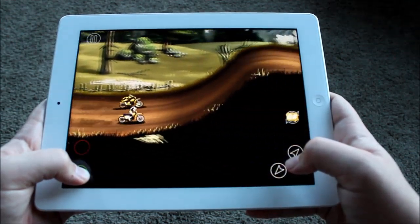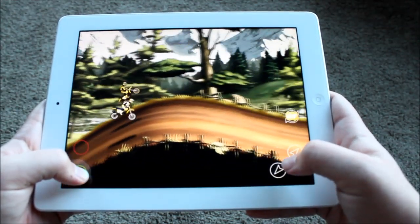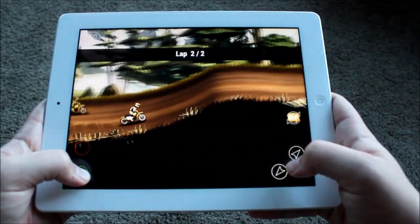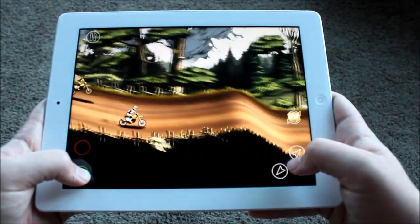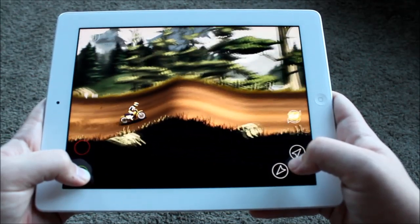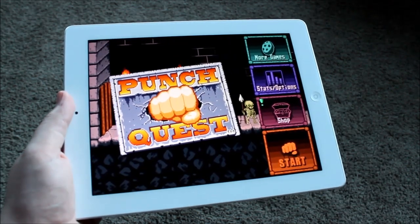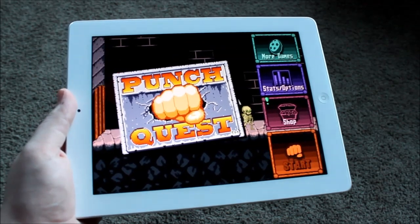That's the simple concept of this game, and it again is a very, very popular game available on the App Store, completely free. There are some in-app purchases though, so that's the way things go. Mad Skills Motocross 2. The fourth free game of the week is Punch Quest, which is personally, again, probably my second favorite out of the whole list,